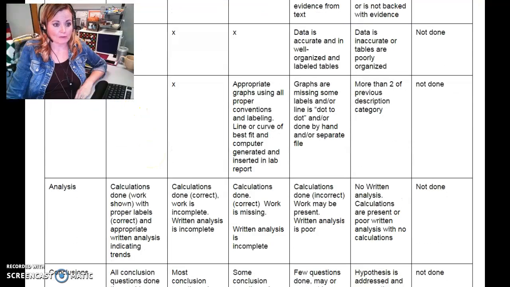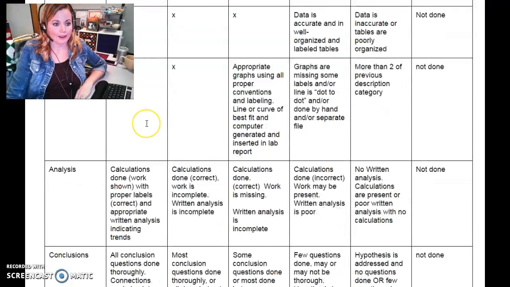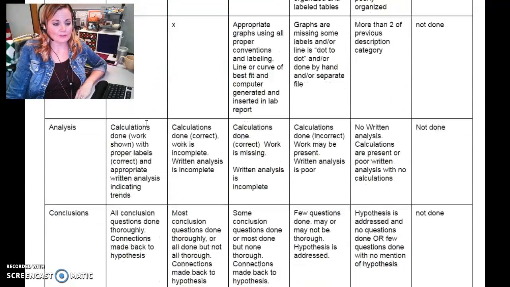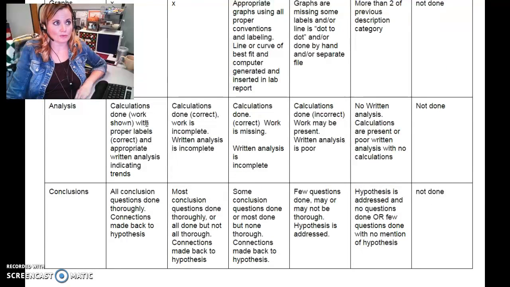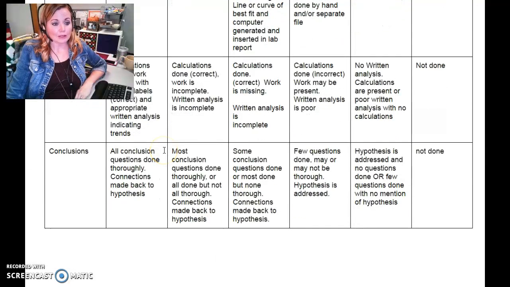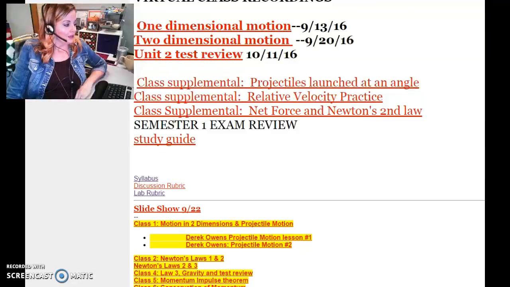Data is organized in tables and graphed when appropriate. Like I said, most of the time, if you've got graphable data, graph it. Analysis is calculations. If you need to do any sort of calculations to figure out, say, energy, potential energy, or potential spring energy, or spring constants, that's all got to be shown, and that's worth 5 points. You will, in this particular lab portfolio, show calculations. And then finally, the conclusions, which are the questions that are answered from the actual lesson viewer itself. So going back to our lesson viewer,